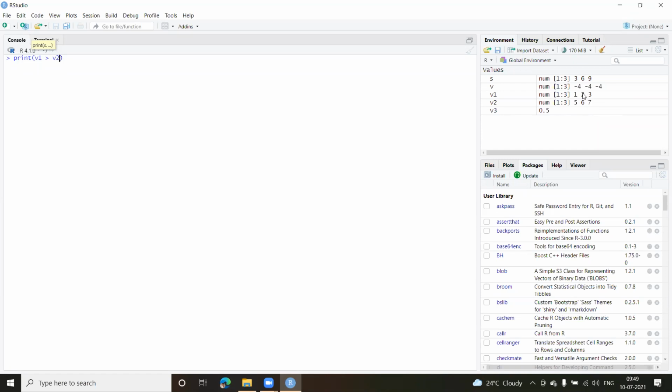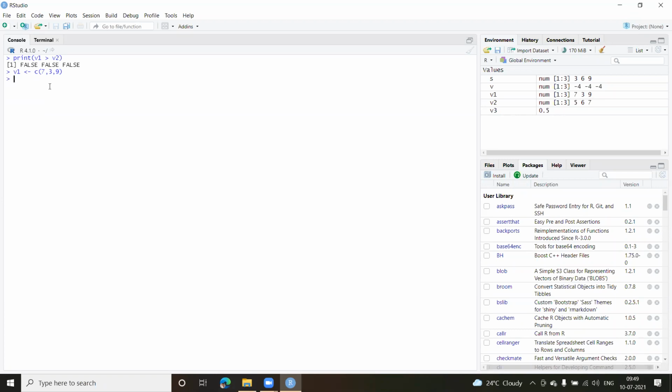2 is not greater than 6. So again false, and here also false. Now let me run this and show you. So here you see false, false, false. Let me change the value of v1. So I say v1 is equal to c into bracket 7, comma, 3, comma, 9.